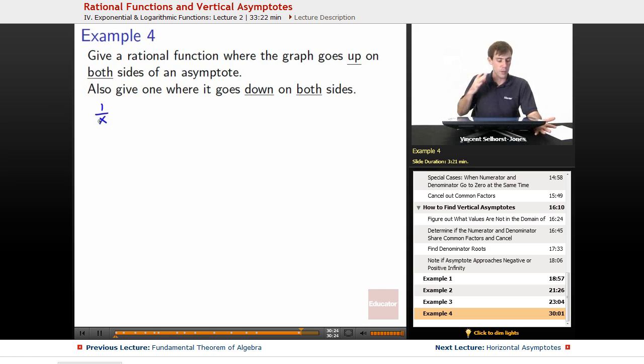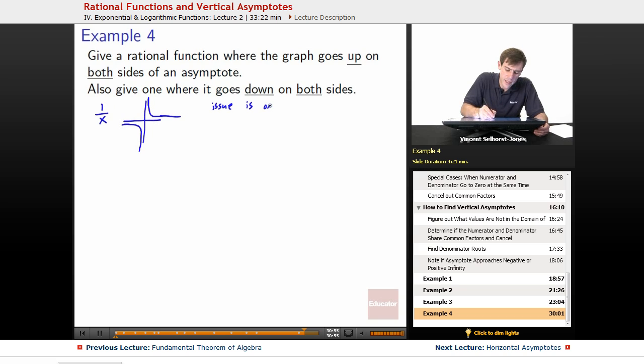When we think rational function, we immediately think, oh, the basic thing that sort of makes up rational functions, 1 over x. This is the simplest form we can think of that really shows these ideas we're looking for. 1 over x winds up giving us a graph that gets very, very large, goes up on the right side, but goes down on the left, and then same thing, blows down. So the issue here with 1 over x, the issue